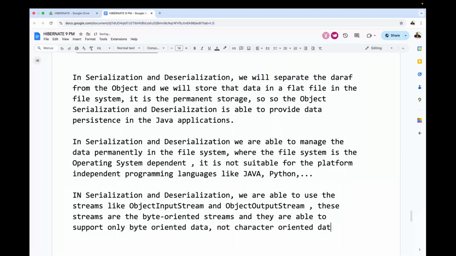Then if you want to manage character oriented data as data persistence, how is it possible to achieve it? No, it is suitable, it is supporting only byte oriented data, but I want to maintain the data persistence for character oriented data, then how is it possible? So because of that reason,